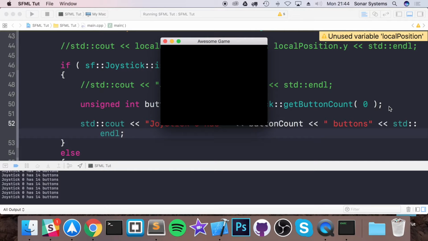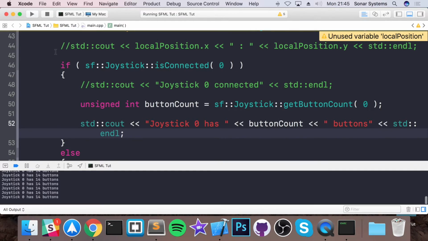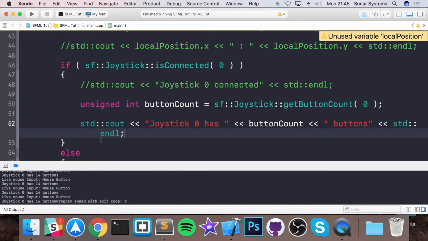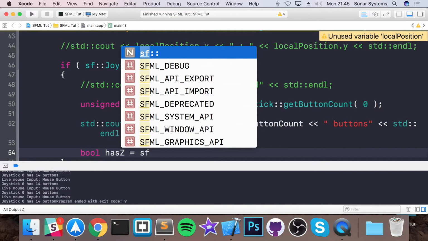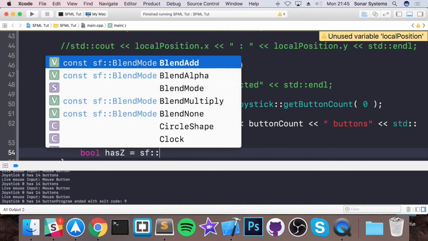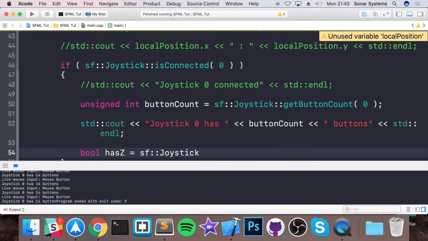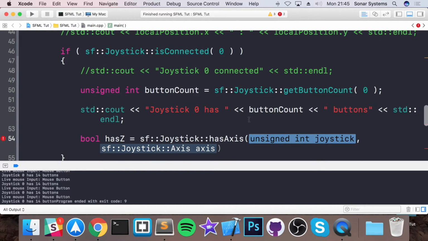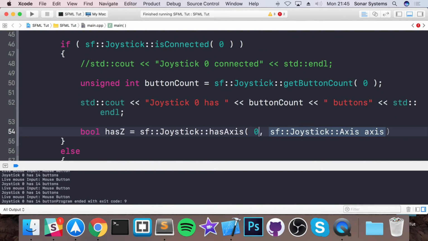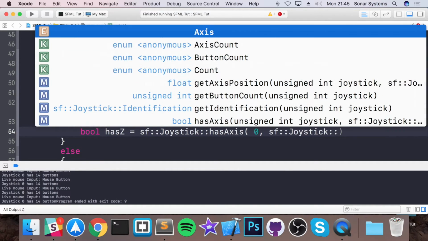So joystick 0 has 14 buttons, so that's how you check for properties of your joystick. We can also check if the joystick has a particular axis as well. To do that, you just do bool. Let's say we're going to check for the z-axis, hasZ equals sf::Joystick::hasAxis, and the first parameter is the index of the joystick that we're checking, so 0, and for the axis you just do sf::Joystick::